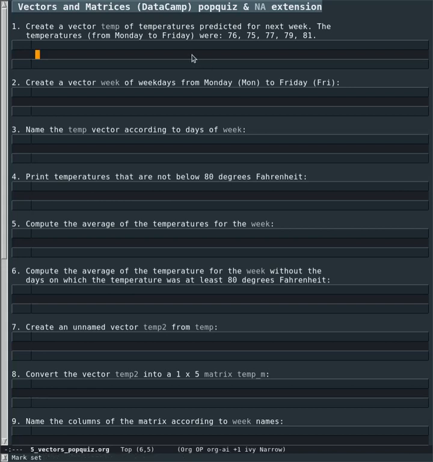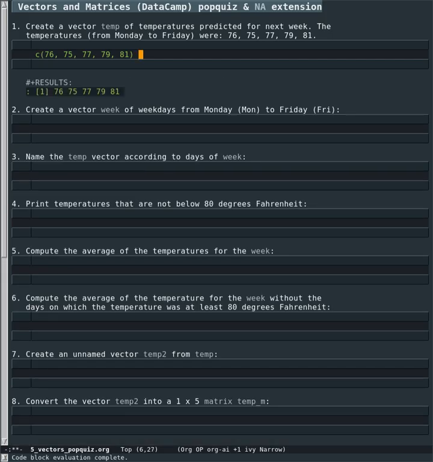So we want to solve a few questions on vectors and matrices and missing values. Let's start with the first question, which is to create a vector temp of temperatures predicted for next week. Here are the values for the vector. There are 5 elements. You copy them and we're going to put them here and store them as a vector using the concatenation function. So this will be our vector and we store it in an R object called temp